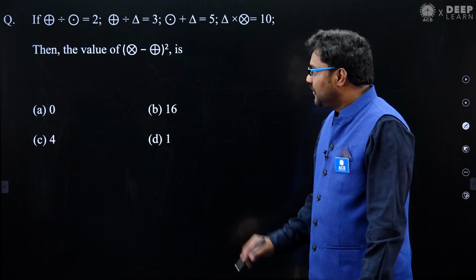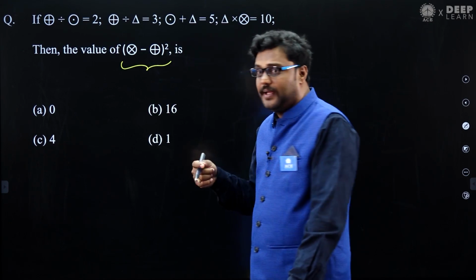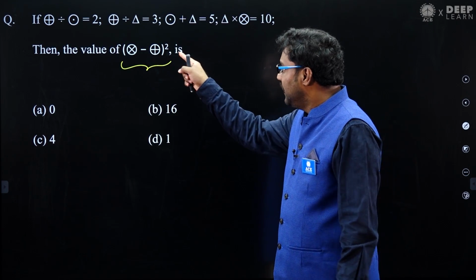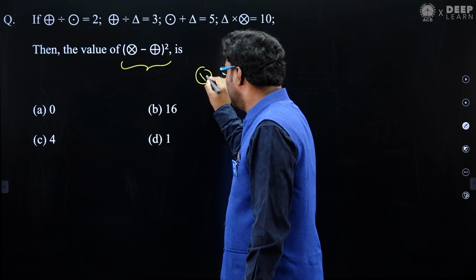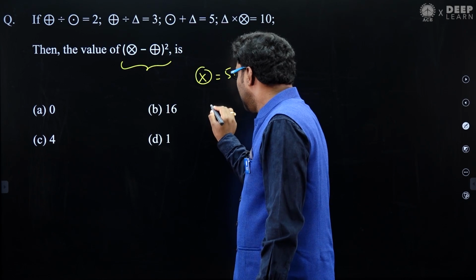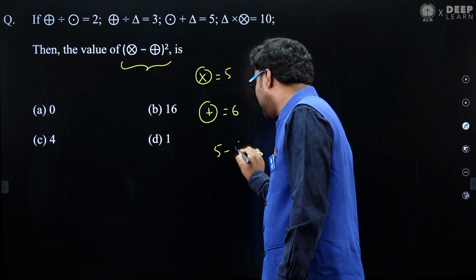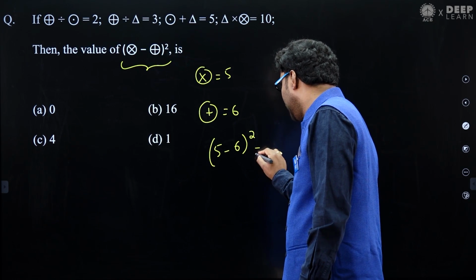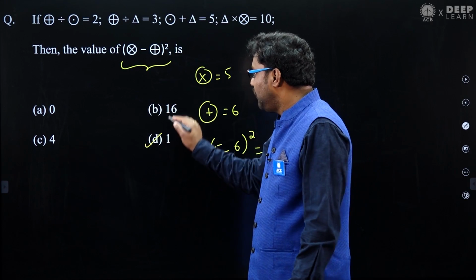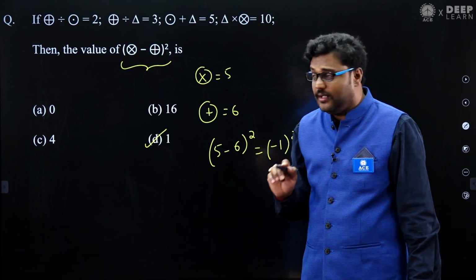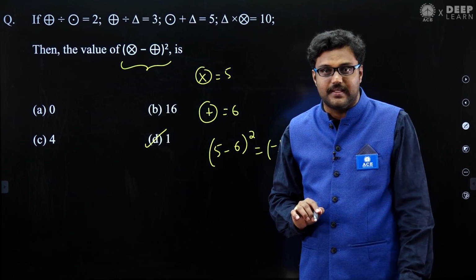Got it? So friends, if suppose they ask whole square here, actually, okay, some typing mistake in that previous clip. If you just see they given whole square here, so we know this value is nothing but 5 and this plus symbol is nothing but 6. If you subtract and do whole square, you have to get 1 only, minus 1 whole square, it's nothing but 1. So if whole square is not there, answer is minus 1, but they perform whole square for this. If you just do that, we will get 1 as the answer.